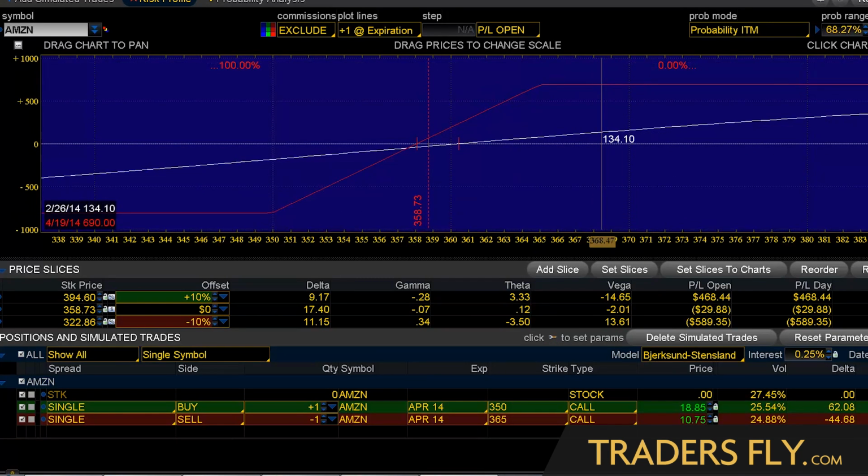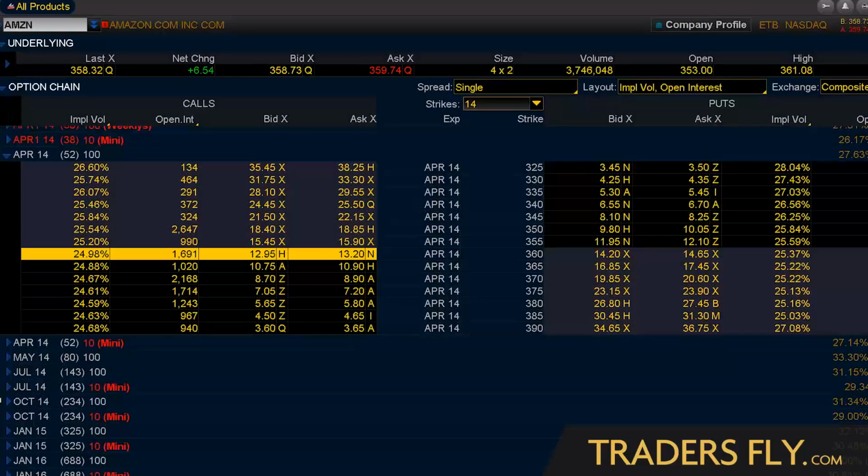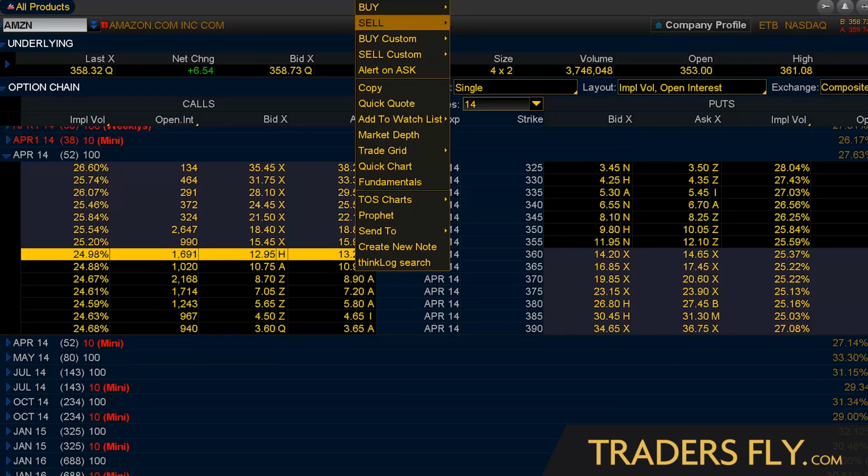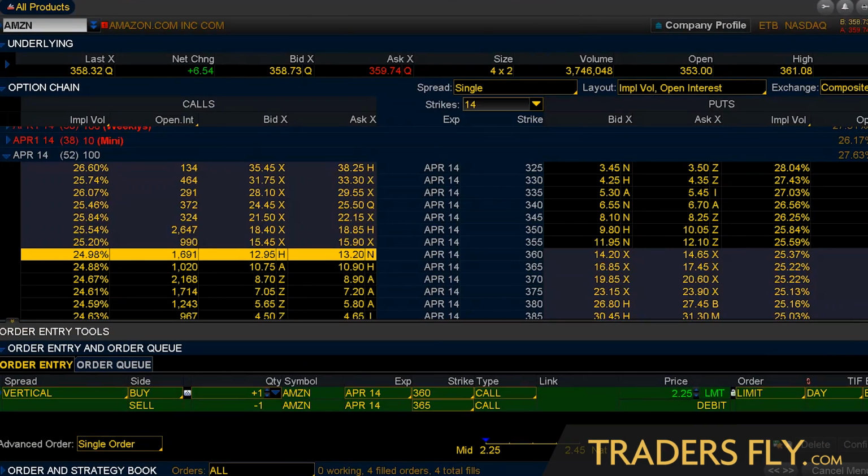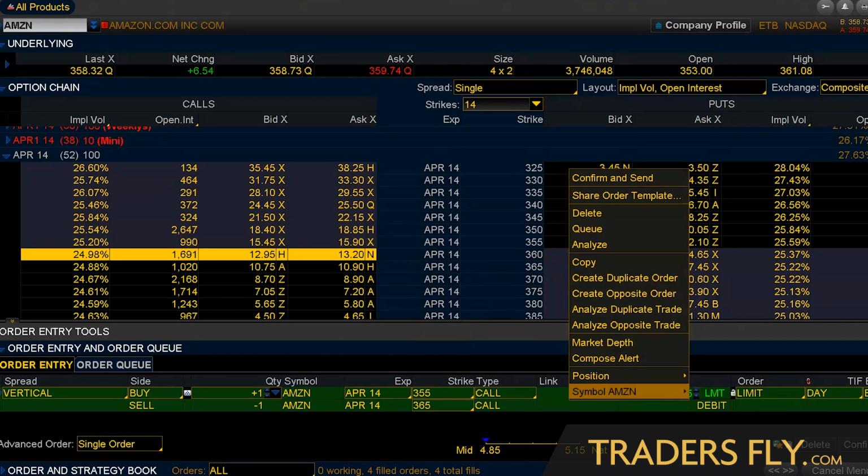So at this point, since I changed the prices, it would be $690 and my max loss at $810. So that's basically a bull call vertical spread, and that's how you set one up. If you want to do one quicker, you can just right click and buy a vertical, go there and change your strike prices to what you want to do, and then do the same thing, right click and